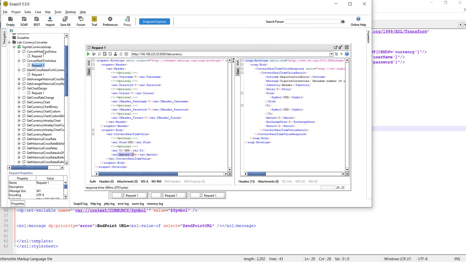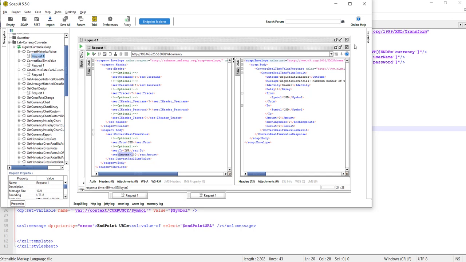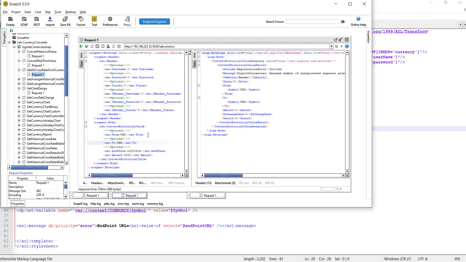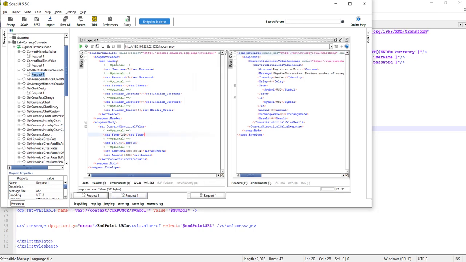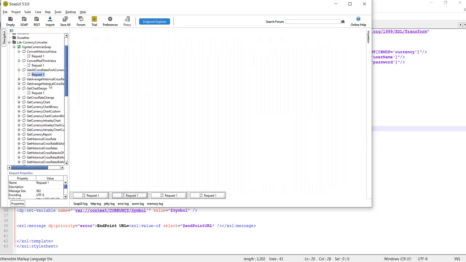Let's see the structure of this first. In this we have the common header. The header is common in all the operations.